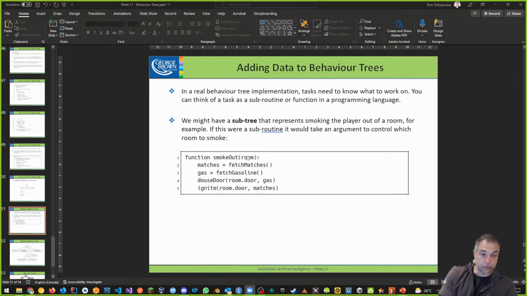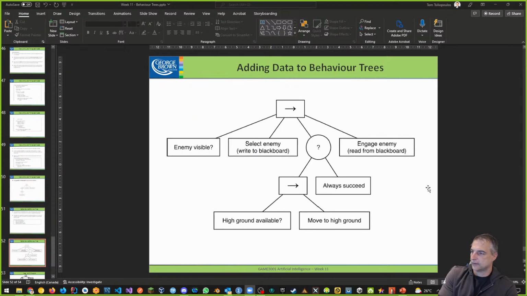I indicate which room to smoke out, and then I fetch my matches, I get my gas, and then I douse the door and I ignite it. Okay, so those are all the different actions that I would do if it was a function, right? But if we look at it in terms of a